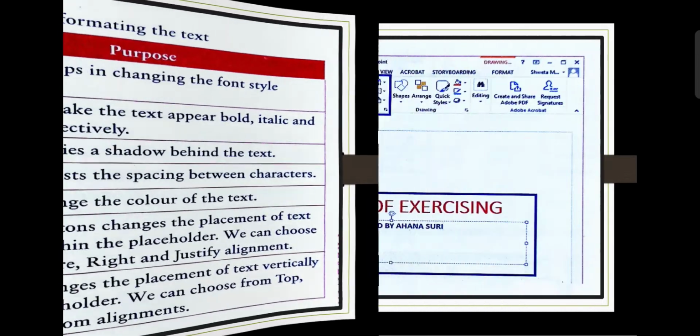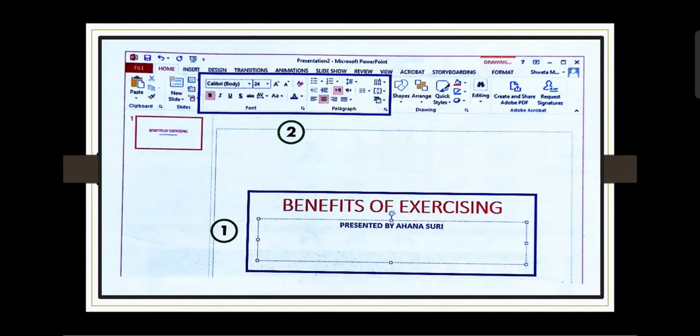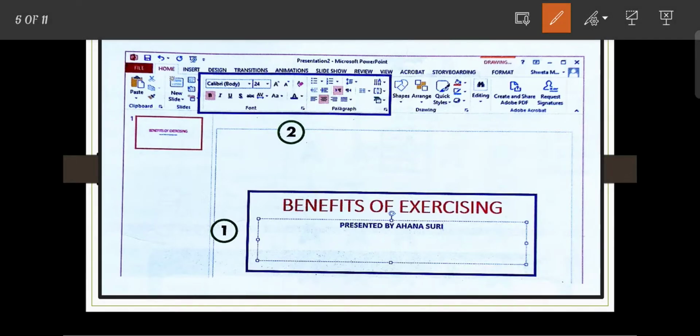Next, this is the title of a PowerPoint presentation, Benefits of Exercise, and the subtitle is Presented by Ahona Shuri. These are the options to format the selected title or subtitle.